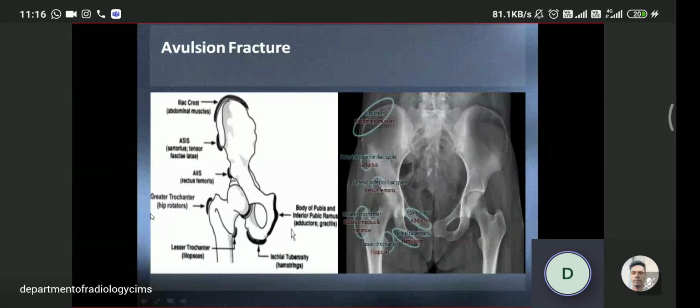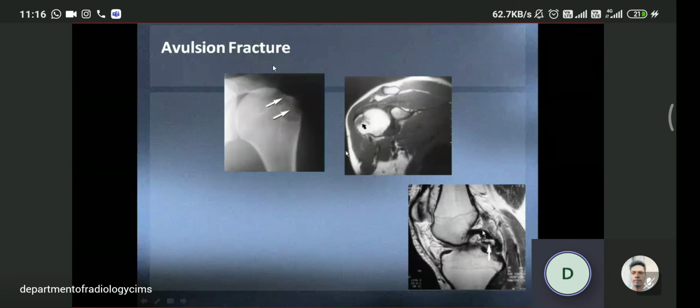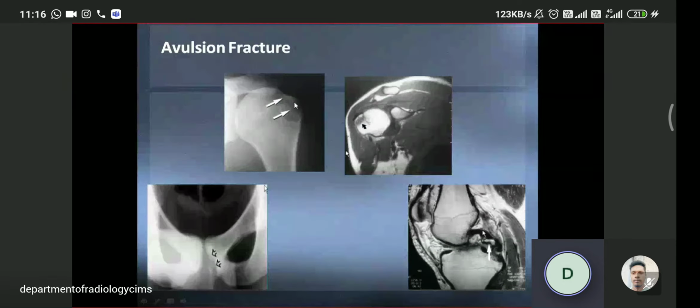These are the various sites of the avulsion fracture. So a young player comes to you when you are an orthopedician and there is a history of trauma, and he or she points out the site of injury to his or her pelvic bones, then you must always remember that it is likely to be an avulsion fracture. These are again sites of avulsion fracture: Bankard's fracture, Hill-Sachs fracture.